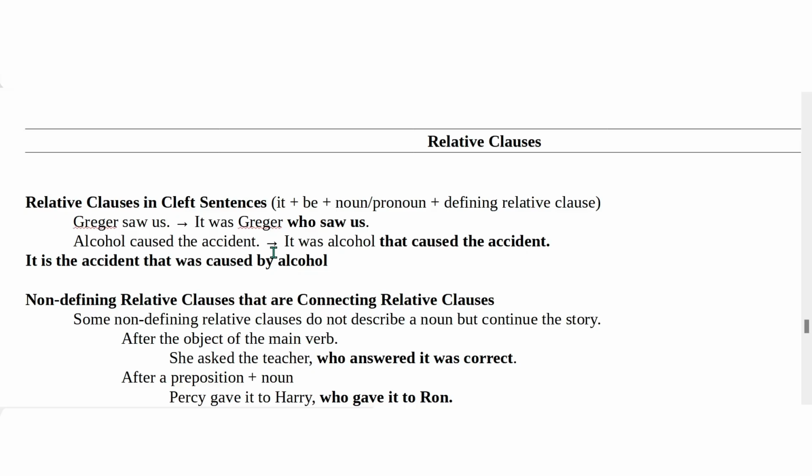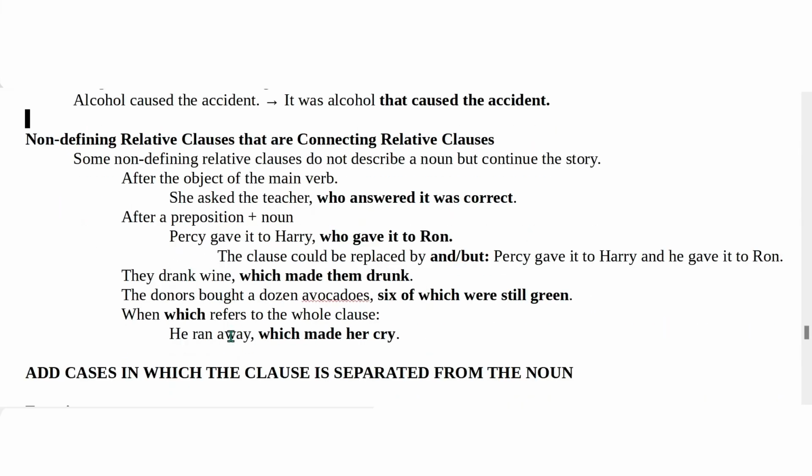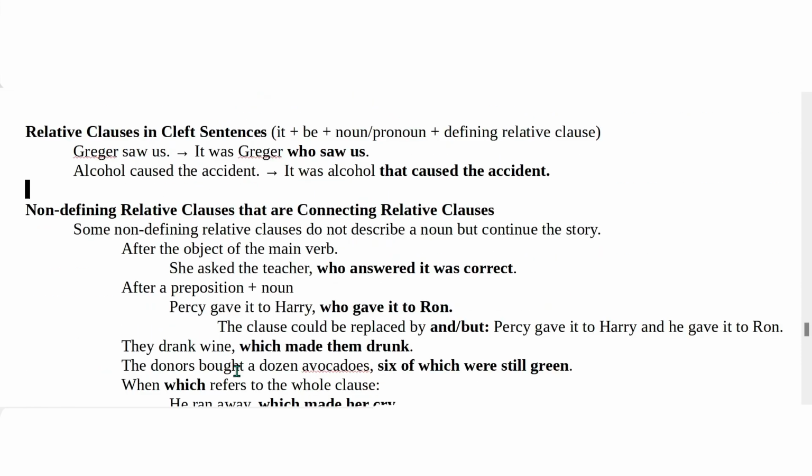It is the accident. It was the accident that was caused by the alcohol. You understand? You are giving emphasis on the accident, not something else. Especially when people have doubt about something, whether it was one thing or the other, you can use this to give the emphasis and remove the doubt. Okay? Later we discuss cleft sentences. Okay? Okay. Now